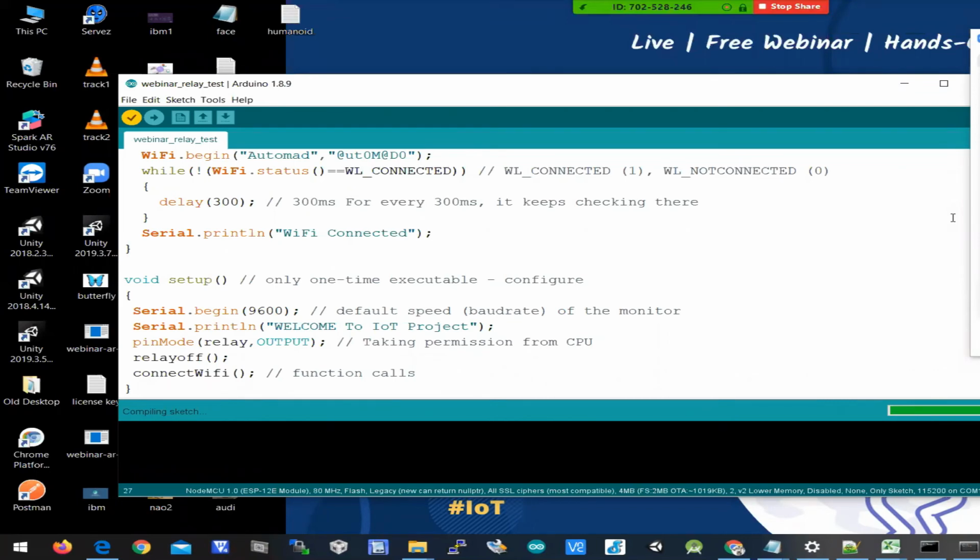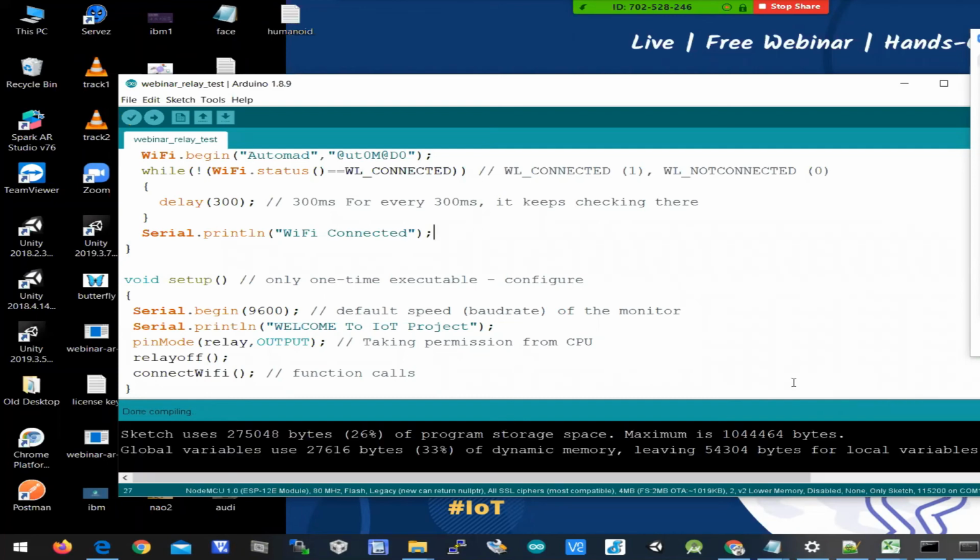The program is compiling now. Yes, the program is compiled. There is no error in the program.